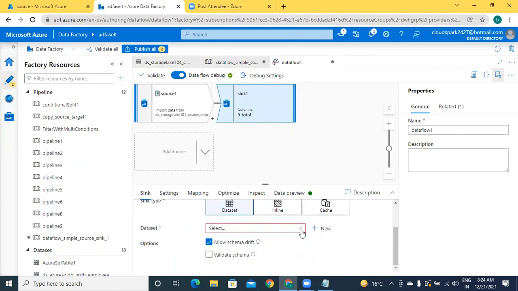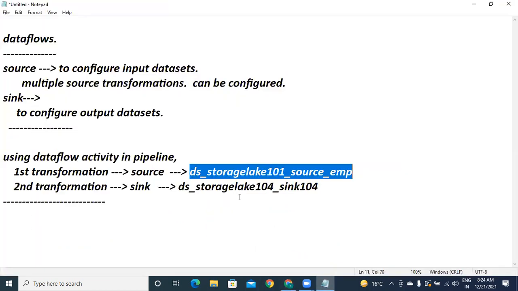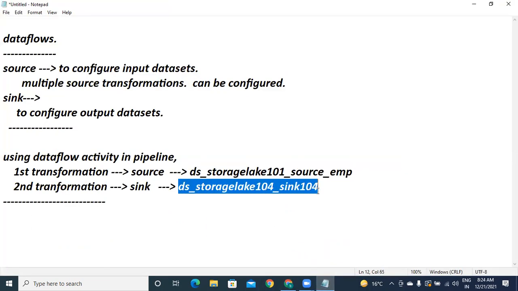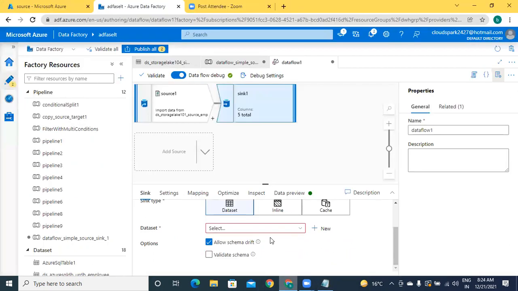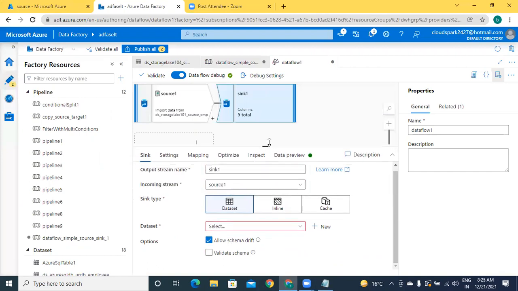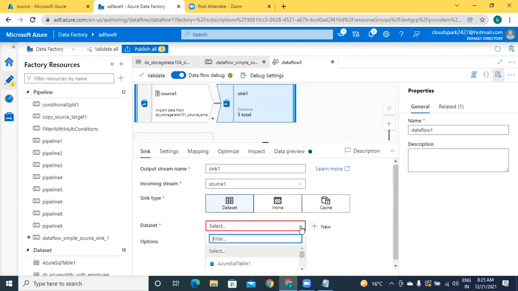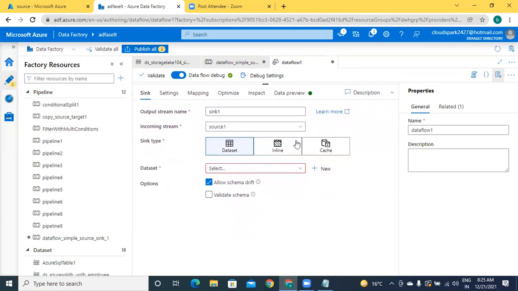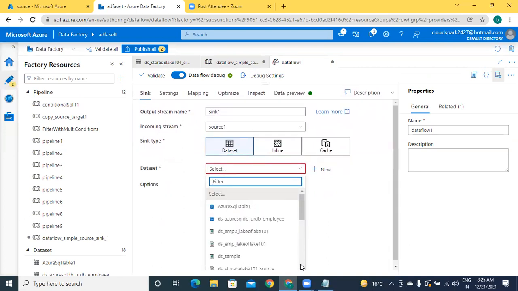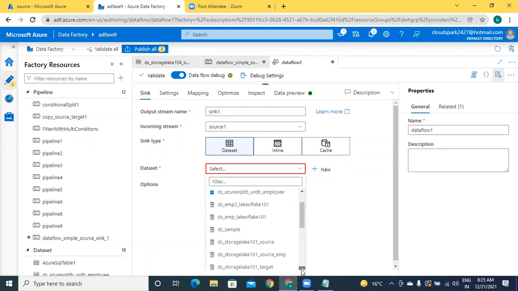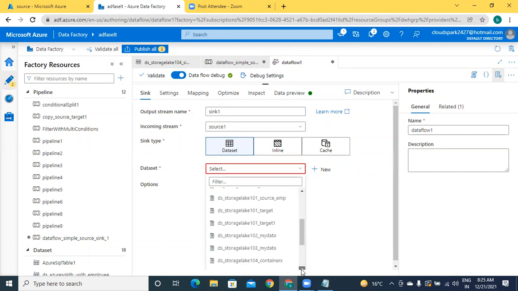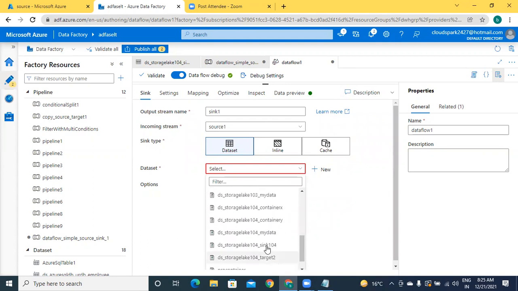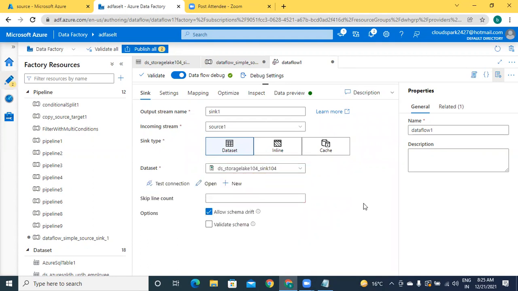Here, what data set do you want to use? What is the data set we have created? We have just created one container. The data set for the container, I'm taking this. I will use that name over here in the place of target data set. Please check. Come down. This one. Understood. Remaining options as usual.